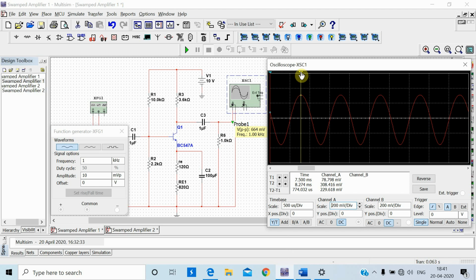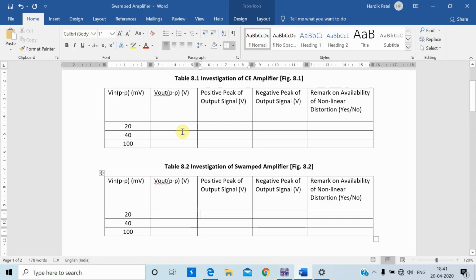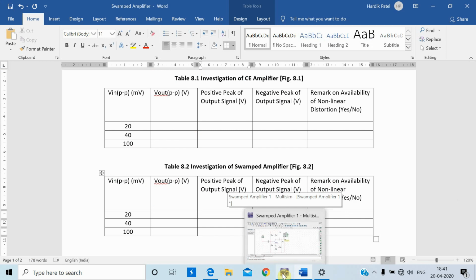the positive peak, it will give you the value 308 point something. Similarly, if I place the cursor at the negative peak, it will give us the value minus 356 point something millivolts. So this way we have to observe the readings, right? This I will reflect in the sheet mentioned here, so I will mention it in this sheet.